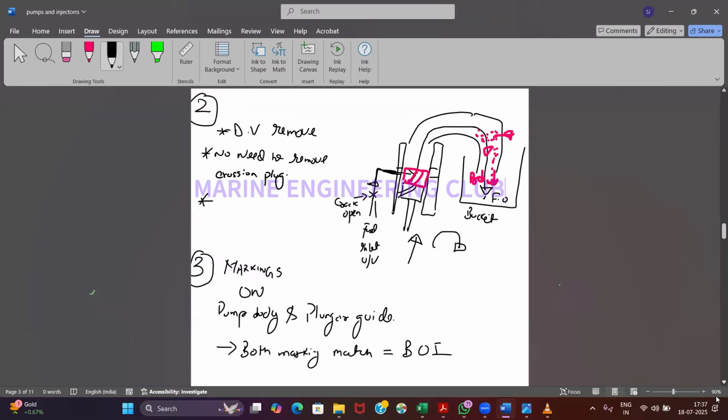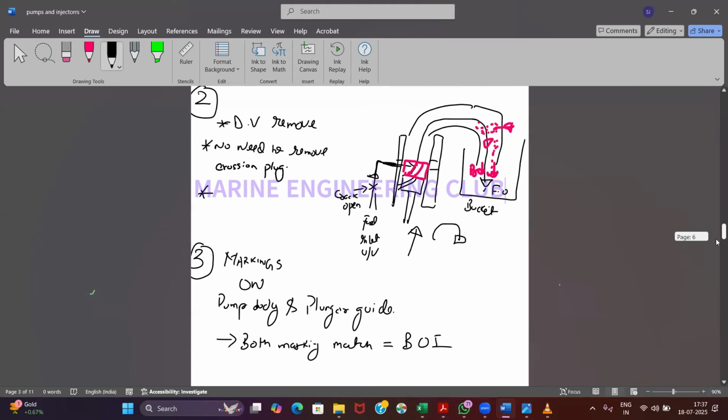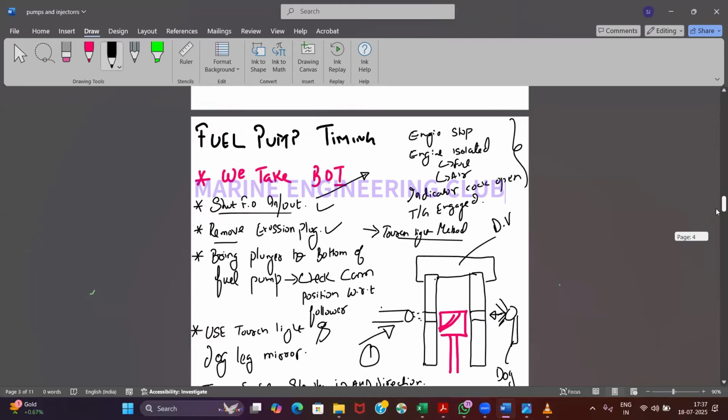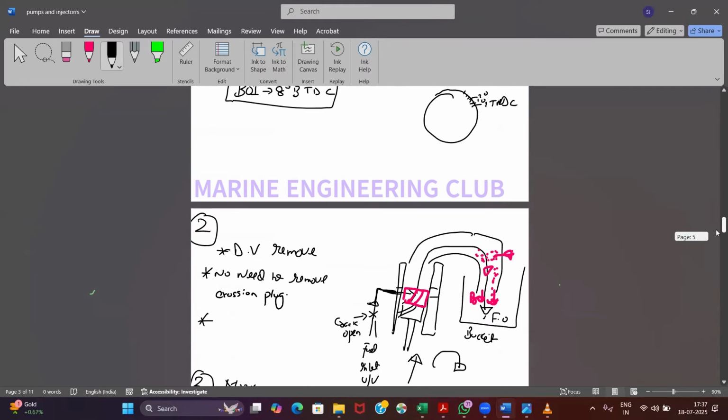Okay, can I move to timing now? How to adjust? If this is understood. See, if somebody asks me how to check end of injection, what you can do is, at this point, beginning of injection was happening. Agreed? This is the point when beginning of injection was happening, right? If I move the plunger a little bit more up,